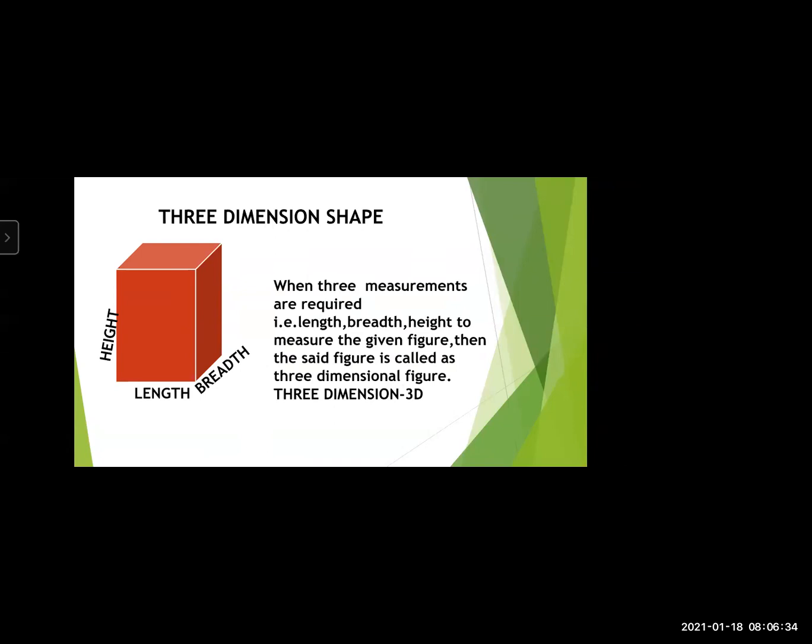I think many of us have been to movie theaters. There we are sometimes given goggles to wear to watch the movies. They are called 3D goggles. Why? Because we can feel that the moving objects are coming to us. Exactly, that is the meaning of 3D. 3D means the things we can touch, the things we can feel in our hands.